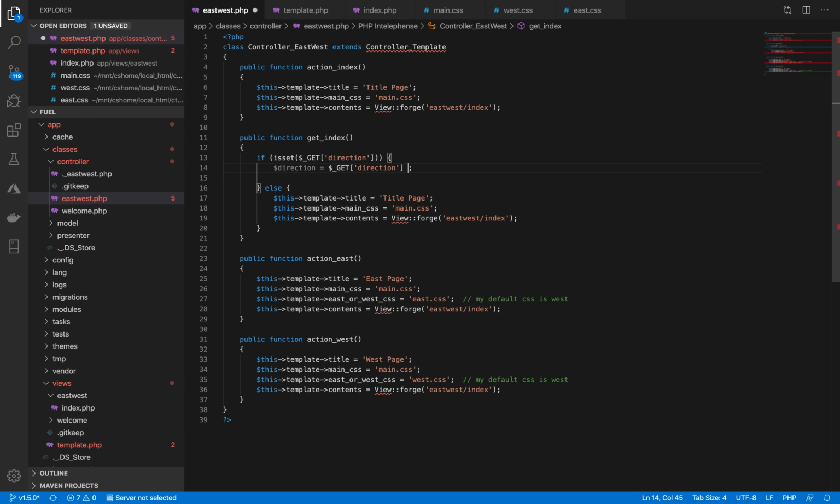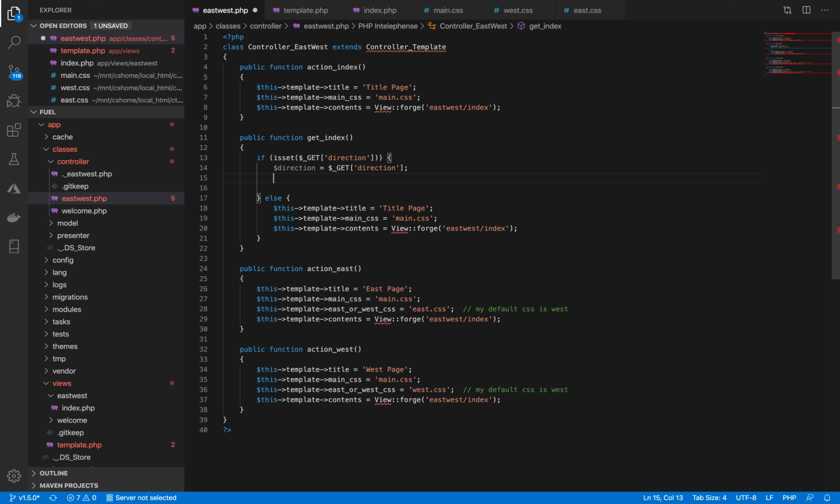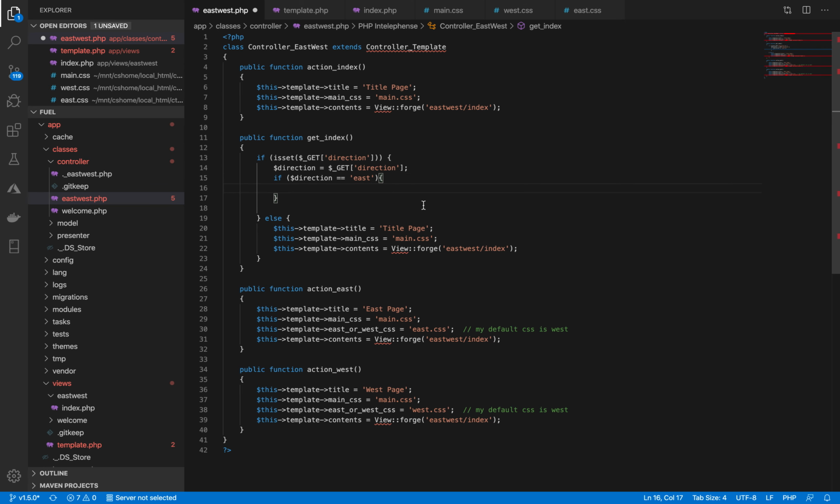Honestly, you know what's going to be crazy? If direction has to be either east or west, right? Well, this is actually a bad idea, because if they enter in something that's not east or west, it's going to break. So if direction, I believe we can do string comparison like this in PHP. I hope we can. Then this template